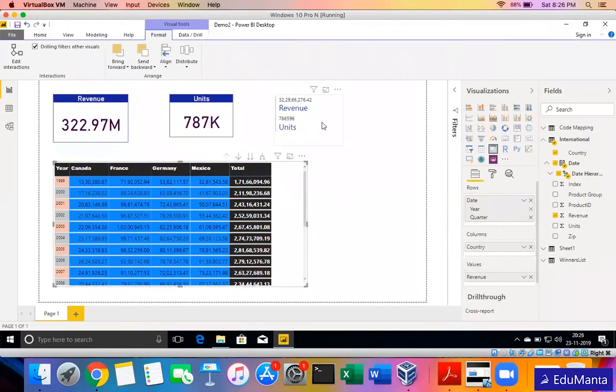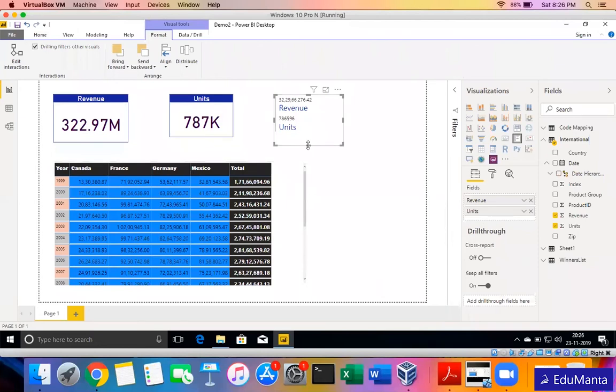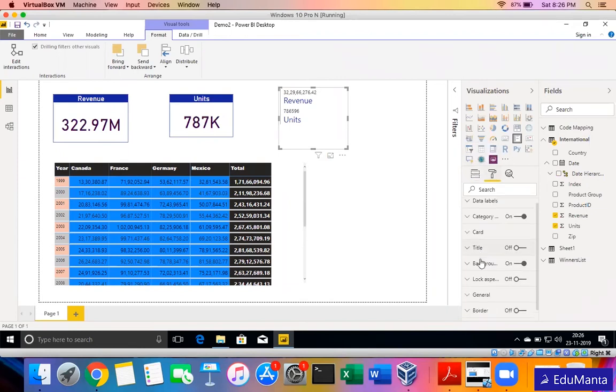So I hope everything is clear till now about these 2-3 visuals. We'll go into the charts and gauges after that. I'm just taking the topics according to priority, like according to what is most commonly used.